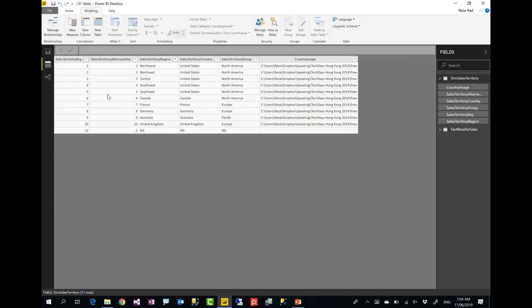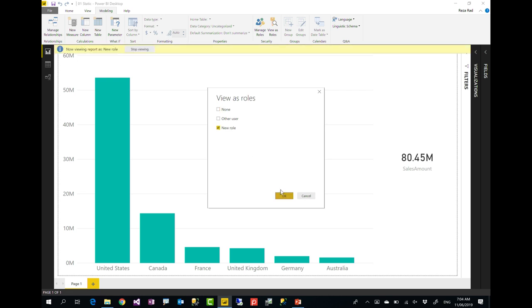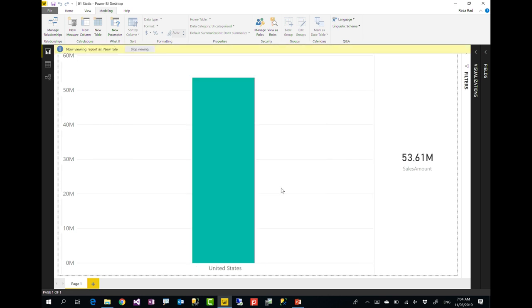Now, this is my developer environment, so I would still see everything. But to test it, I can say View as Role, and because this role only has access to United States, it will see only United States. I can define another role for Germany, another role for Australia. Easy. Now, the problem with this